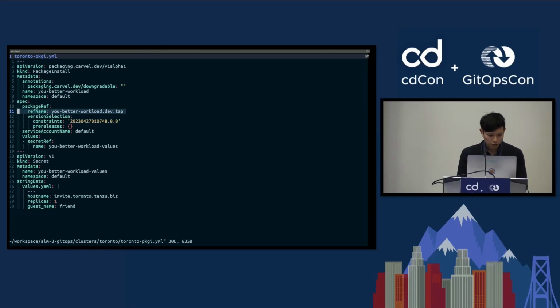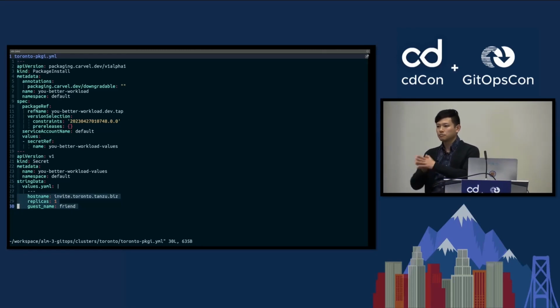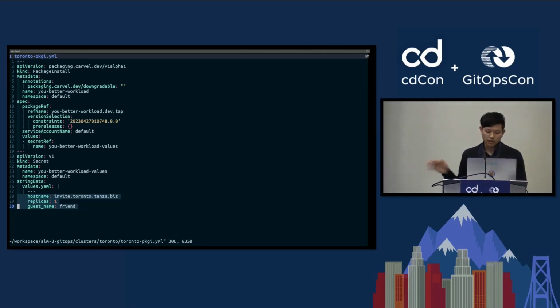I have a version number, and I have a reference to a secret. The secret's below here, and this is where I'm specifying the variables I created in my YTT templating all the way back when I was building my image package bundle. The 3 things I have customized here are the replicas, a host name for this application, and my